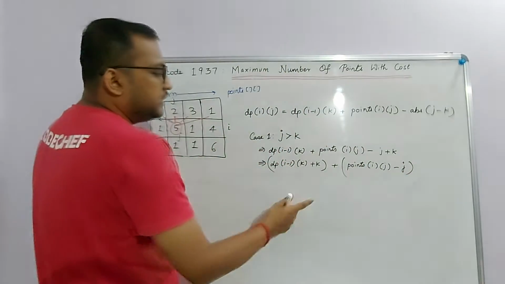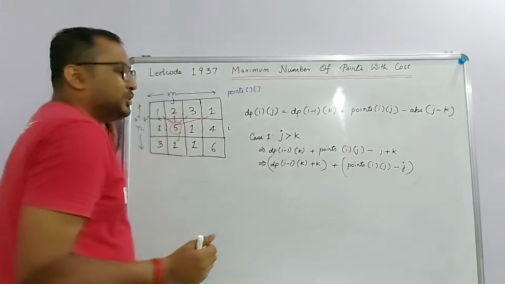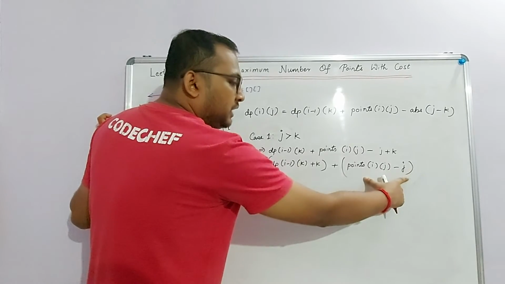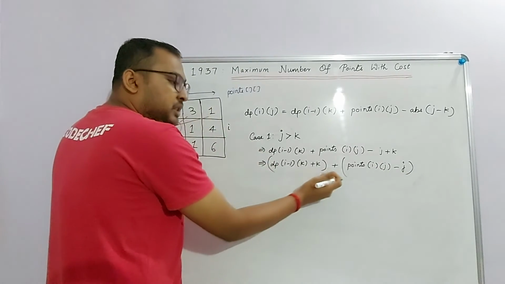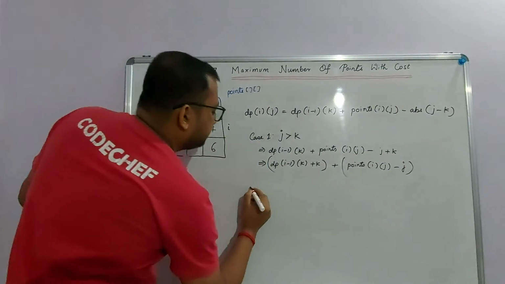Notice we again reach a similar state where we have this dependency on k and this dependency on j. So we can simply see that for a particular index j, we can find this value, and we can always take the best possible left values from here. Let's see the next case too.